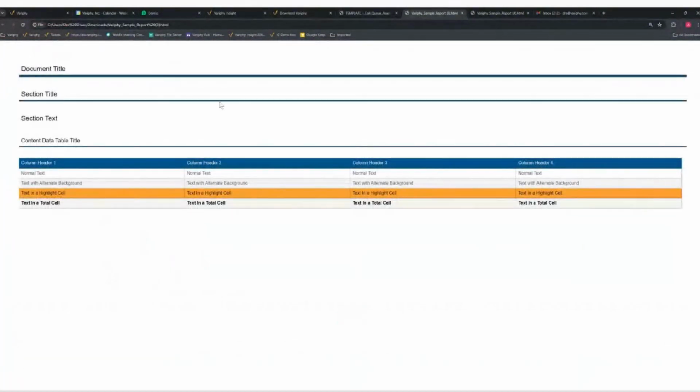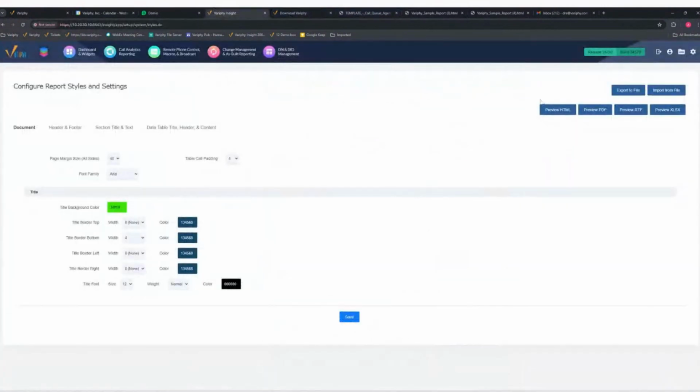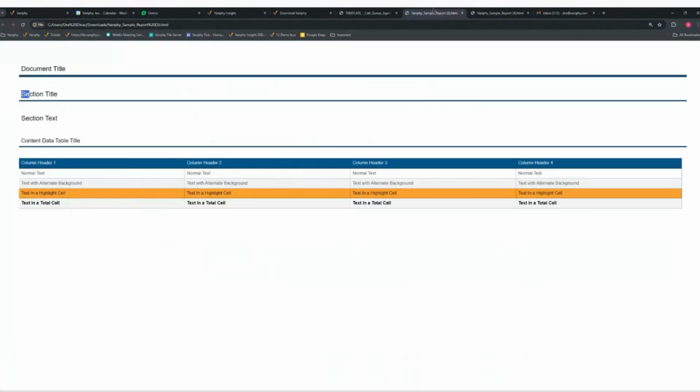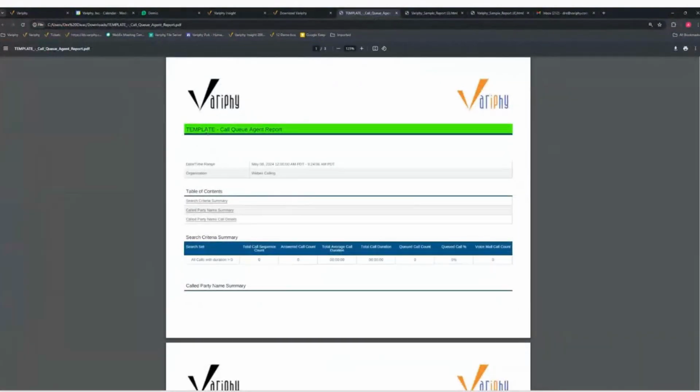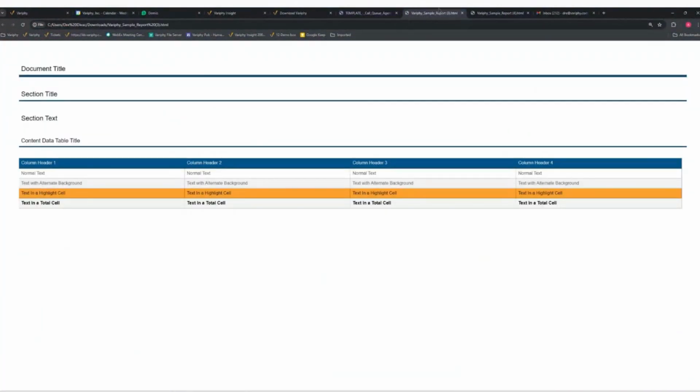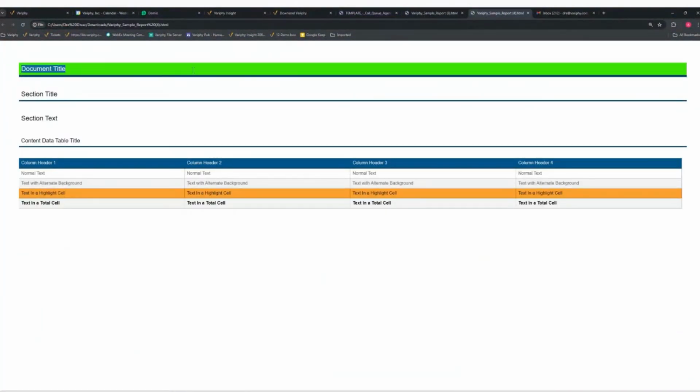So this is like standard. This kind of shows your document title section. This is just our preview, which you can see at the top right. You can actually preview these in each format. So if you use HTML a lot or PDF, you can see how they look. But the standard one looks like this. And just to show you what the difference was, I changed just the title background color, just for fun. As you can see here, I'll go back to that one. As you see, it's green up here, and it doesn't look great, but I just wanted to show you